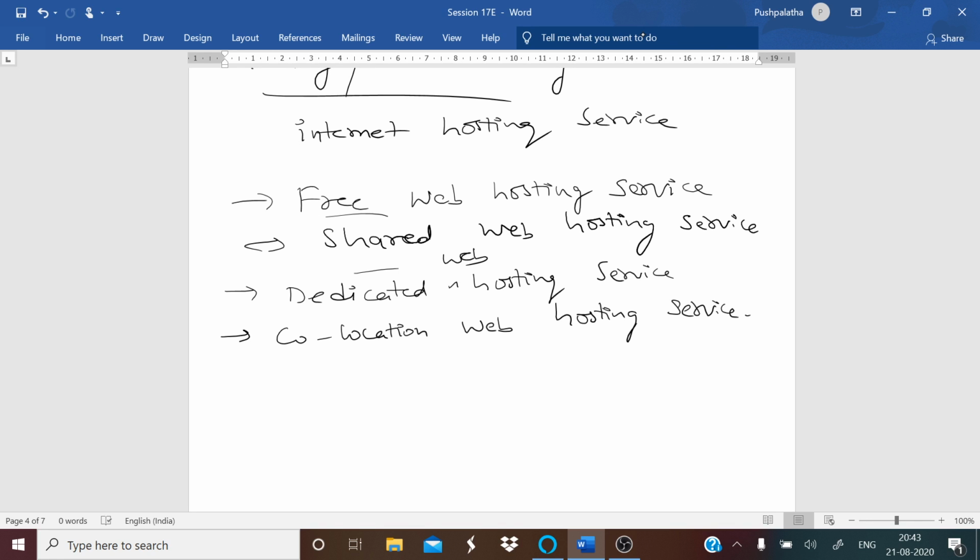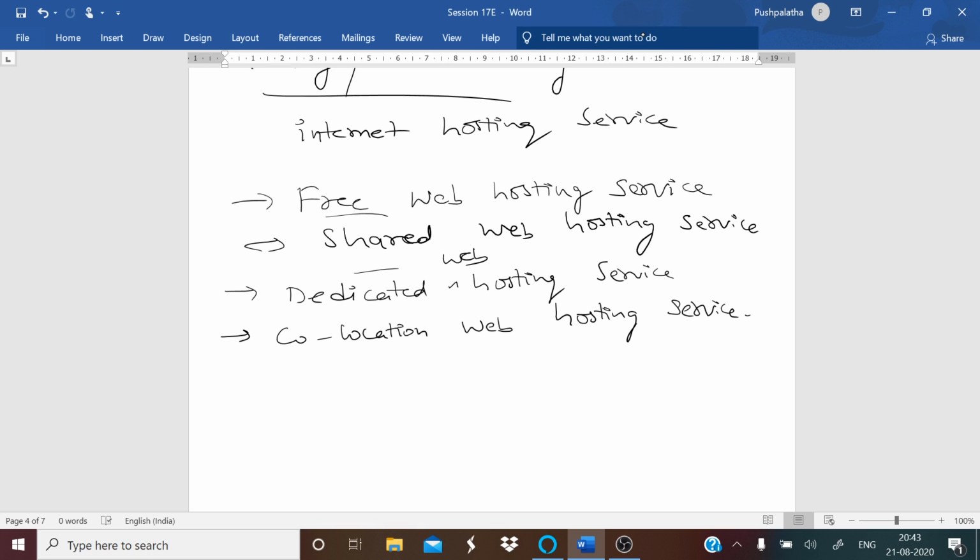You are the only person that is going to use it. You have the full administrative power to access the server, and you will be responsible for the security and maintenance of that server. And whereas co-location means this is similar to your web hosting service, but you own the server,